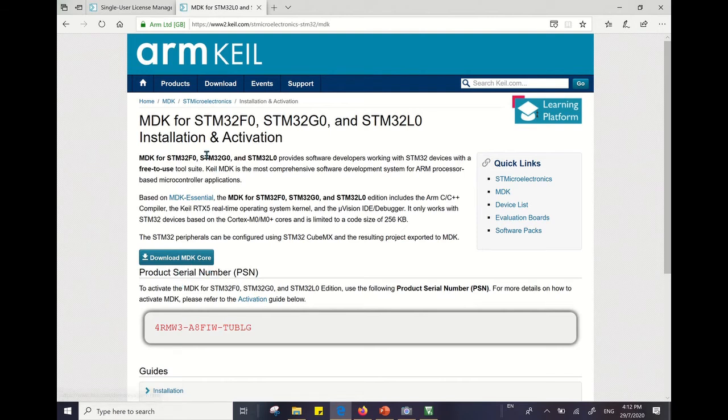So in this page, they will tell you that we are using the STM32 F0, G0, and L0. You can use the product serial number from here, which is a full license and is free to use. So use this one